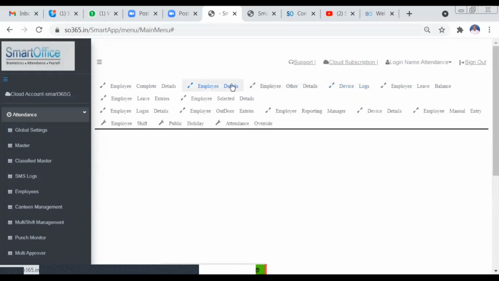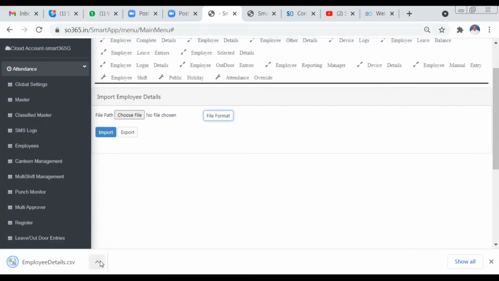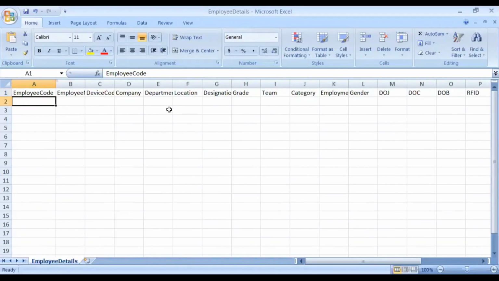In the employee details, when you click on file format, you will get a file format of the employees. Usually the file format will be in CSV format. Show in folder. So when you want to import your employees in bulk, you can go to the import or export option, and there you have several options of importing and exporting. There you will get a file format for each. So for example, the